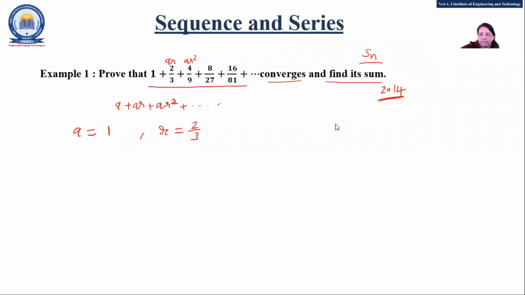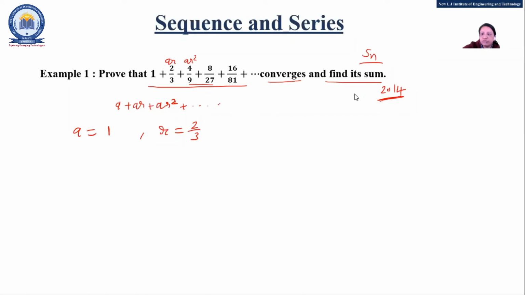Okay, 19 number. Yes, ma'am. Second term divided by first term, or any division of consecutive terms. Okay, any division of what? Consecutive terms. That means suppose you take these 2 terms, so this term divided by this term, and you'll get your R easily. Okay, fine. Now any other answer?